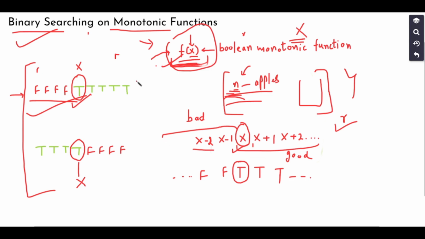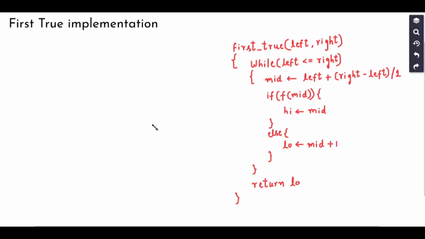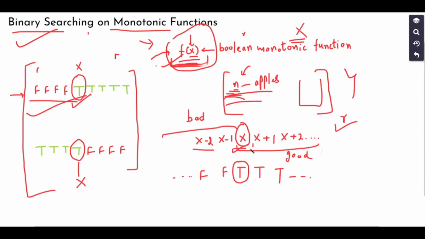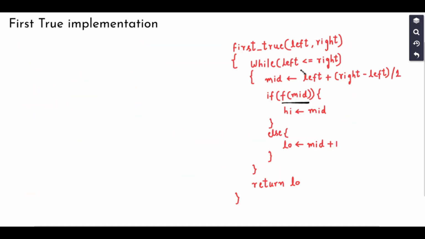So let me give you a generic structure for implementing this binary search algorithm for these kinds of problems. So if I want to find the first true, that means I want to find the very first integer where my predicate function gives me true. Predicate function or the boolean function. This is that boolean function. I want to find the first true or this x. For that, this is the range left to right, or the search space, and here I run my while loop,